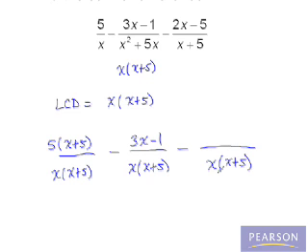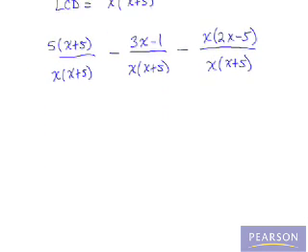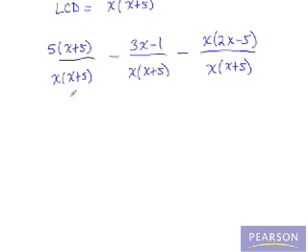Comparing the last two denominators, we are missing the factor of x. Therefore, we need to multiply the numerator by a factor of x. So we have rewritten our fractions using our new least common denominator. So we'll go ahead and multiply the numerators out. Our first fraction, we will have 5x plus 25 over x times x plus 5